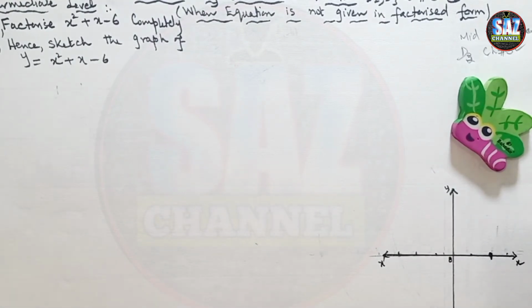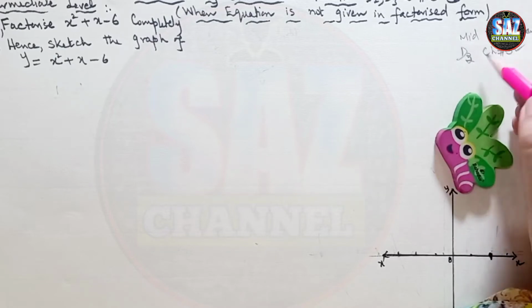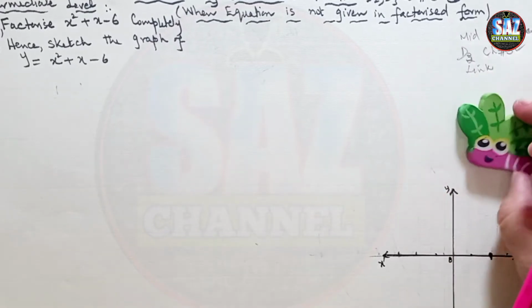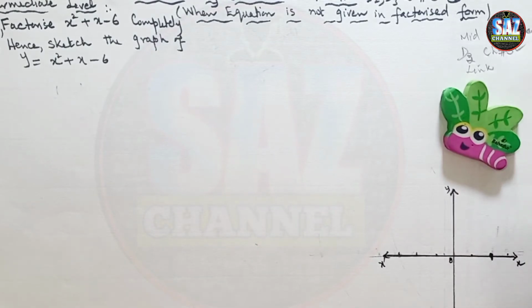So all those students who have missed the previous lesson or they are catching us late, or there are some people who are joining our channel now, for all those people, if you find any difficulty about the midterm breakage or hit and trial method, or what are the 6 basic steps for the sketching of the quadratic graph, you have to watch the previous lesson, for which I'll be giving the link of the lesson in the description box, because the lessons of mathematics require continuous integration and practice of the lesson.